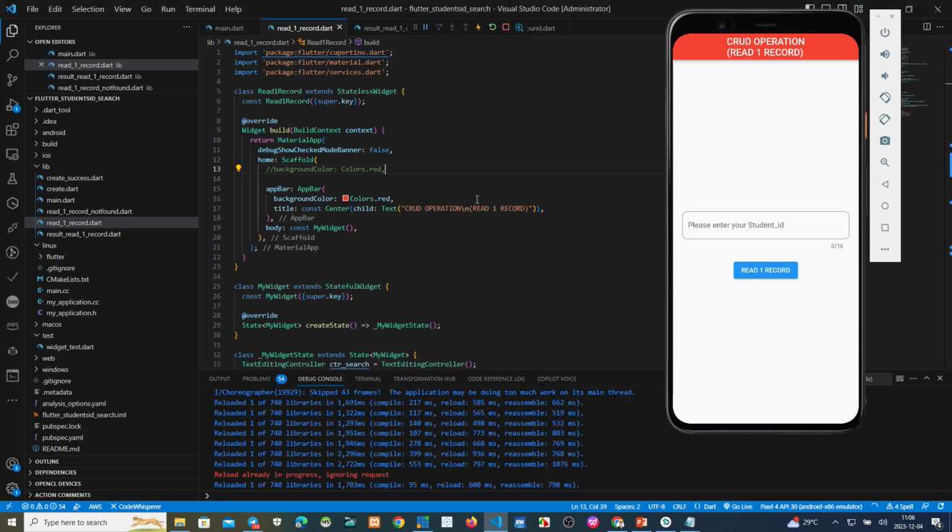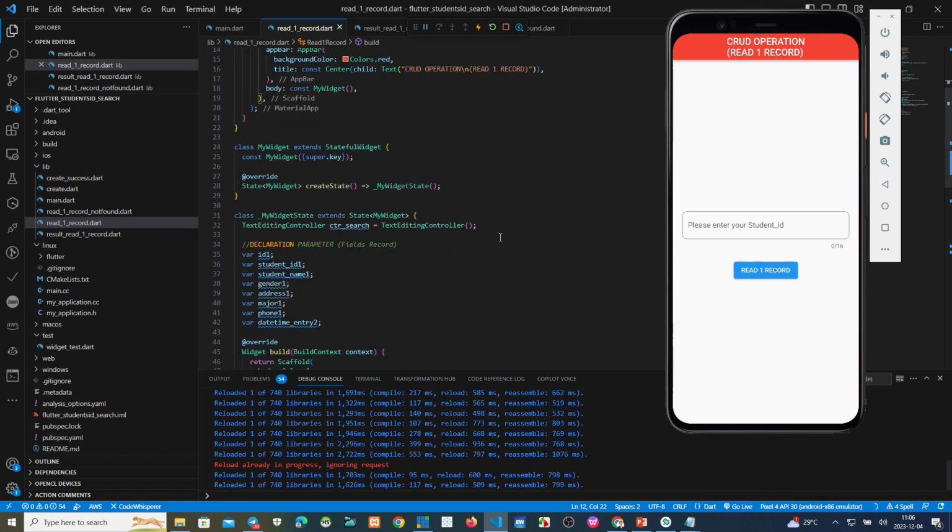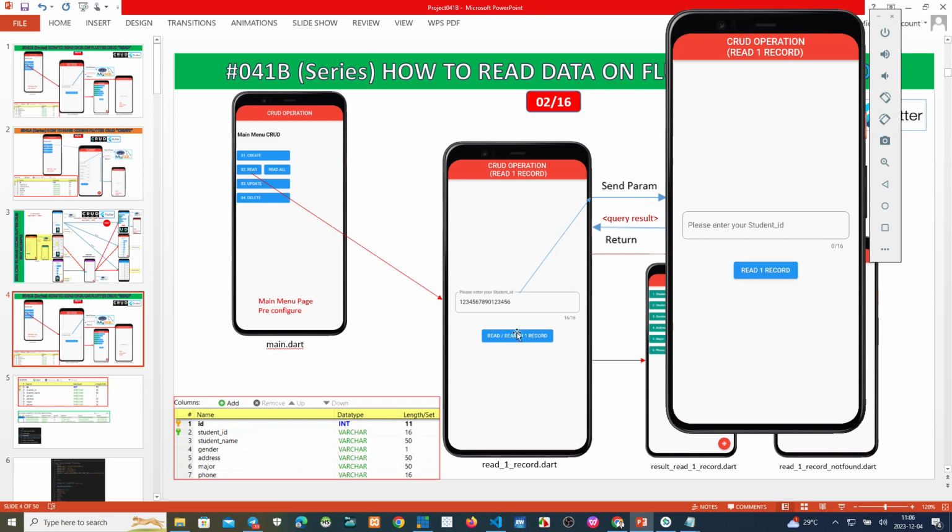So what next? If we click this button, the script will go to the backend.